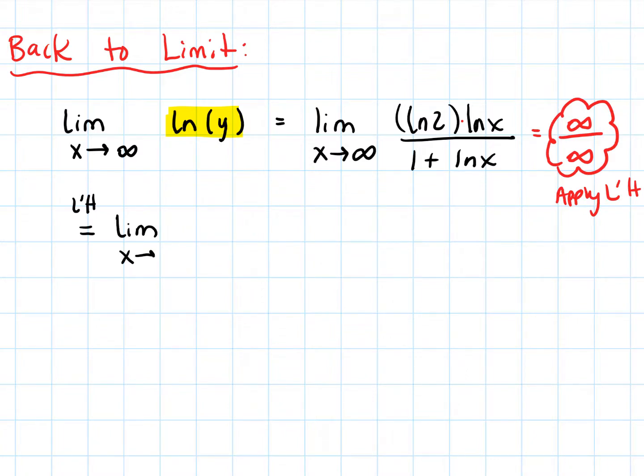So take the limit as x approaches infinity. Take the derivative of the top. So we've got that constant natural log of 2, and then the derivative of natural log of x, of course, is 1 over x. Derivative of the bottom. The derivative of 1 is 0. Plus the derivative of the natural log of x is 1 over x. So we get 1 over x. And conveniently, those two factors cancel. And so we end up with